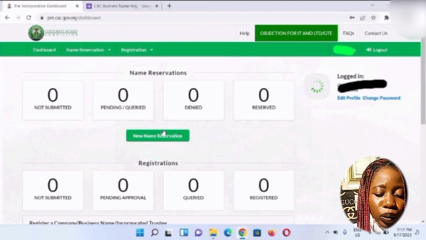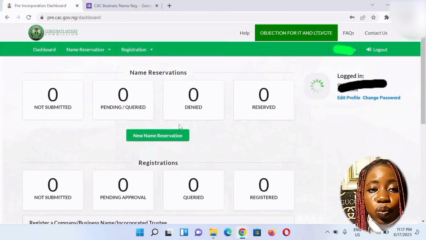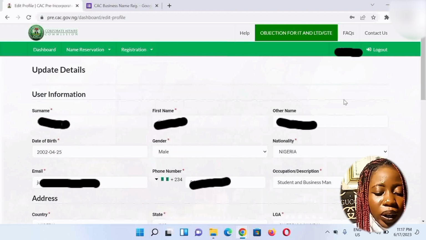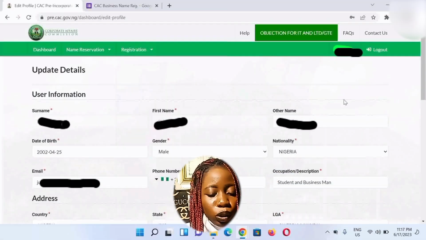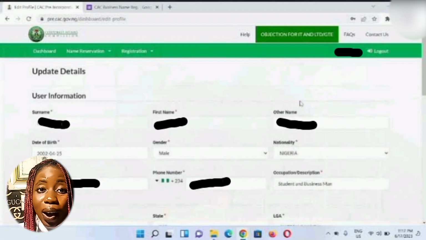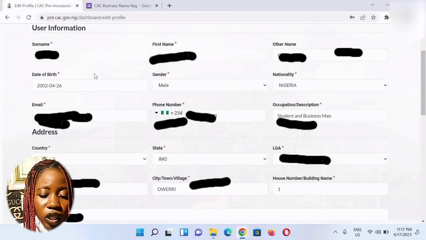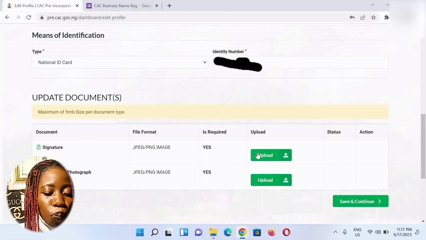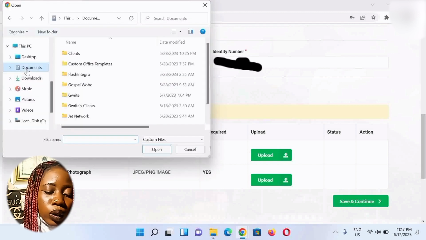So you quickly click on edit profile. Another important reason for visiting this edit profile is that this is where you have the opportunity to make any correction in case you made any mistake during your account creation. Firstly, you verify your information, your date of birth, your phone number and other things, to ensure that it matches. Next, you scroll down and upload your signature. So once you are done, next